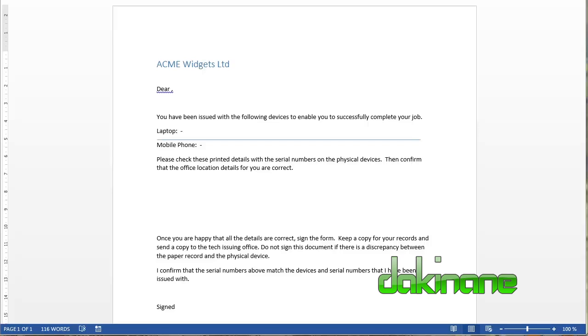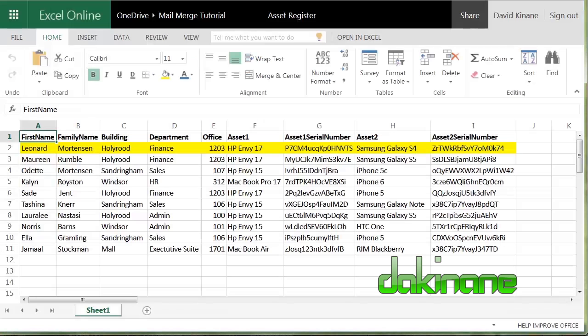So what we're going to do first of all is switch from this generic letter I've created here to the Excel spreadsheet. Now, if you have not used Excel before, if you click on one of the links that you're going to see appearing below in a moment, you can go to one of my earlier Excel tutorials. But if you are not too fazed by Excel, what you need to look at here is my particular database